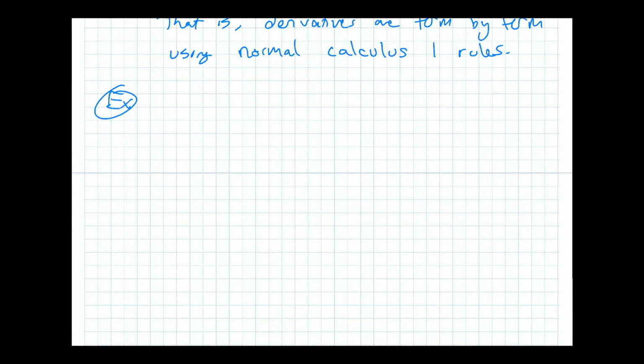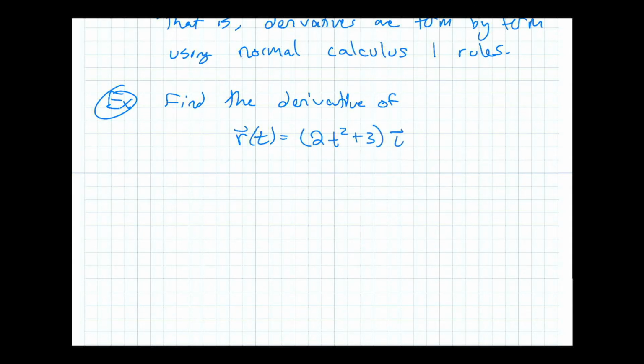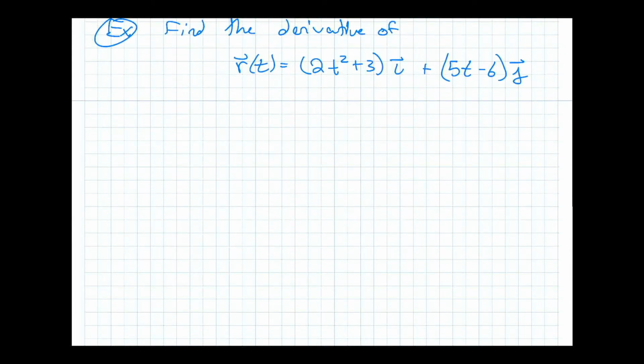So if I say find the derivative of, and we'll do a 2-dimensional one, 2t squared plus 3i plus 5t minus 6j, like that, you could use the limit-based definition of the derivative, but basically it would boil down to this. So don't do this,